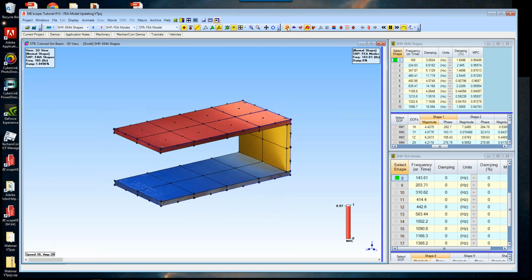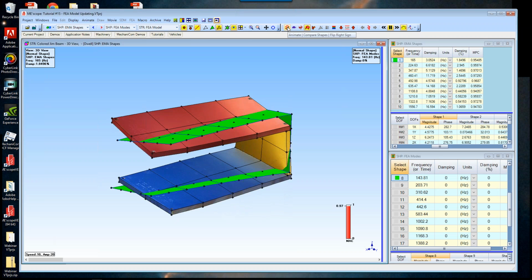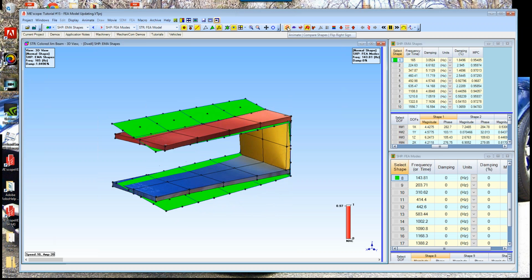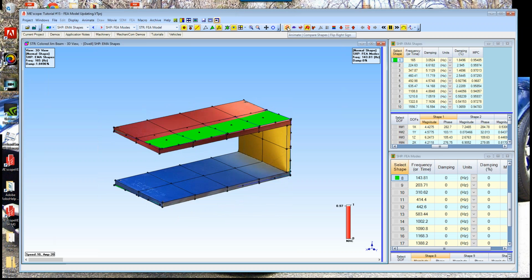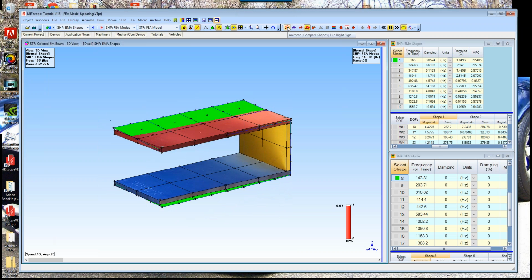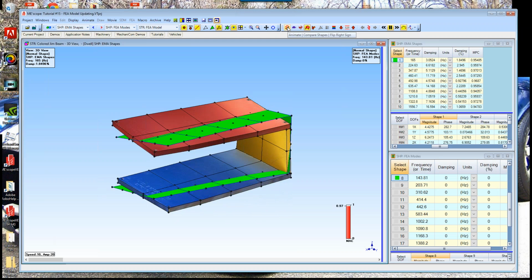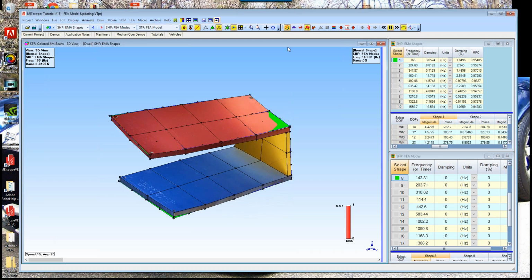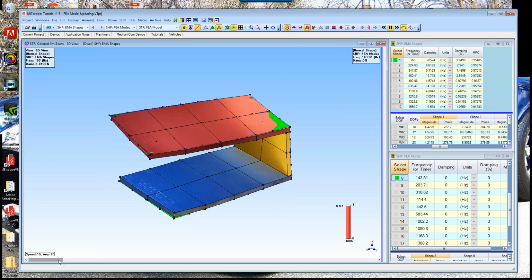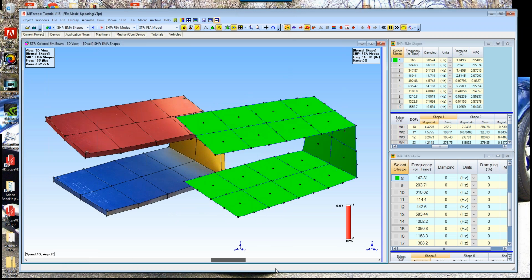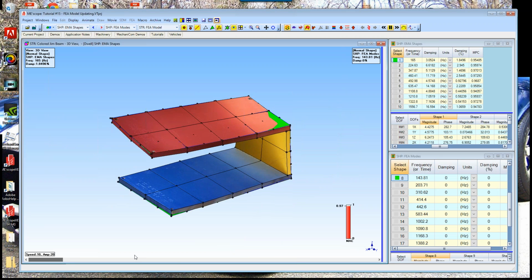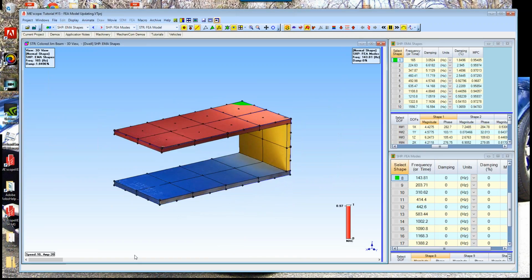I've added a command called Animate Compare Shapes Flip the Right Sign. What that means is I'm going to flip the sign of the FEA, or the analytical mode shape, so that maybe it will match up with, and there it is. I press that button and you can see it's flipped the sign and they lay right on top of one another. Now the MAC value has told us that they're 97% alike,